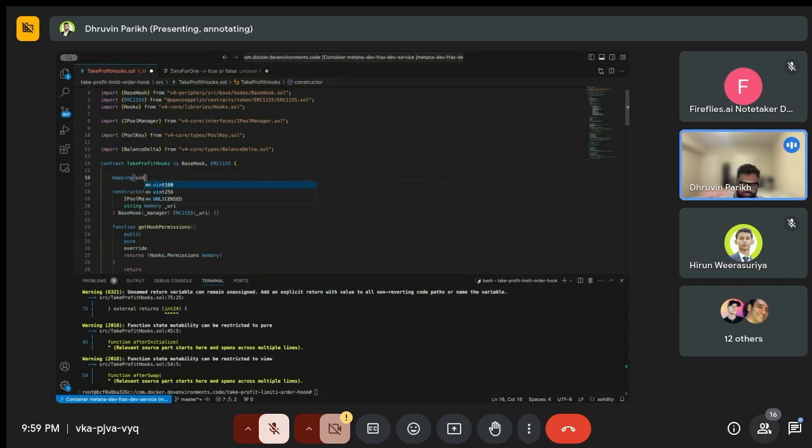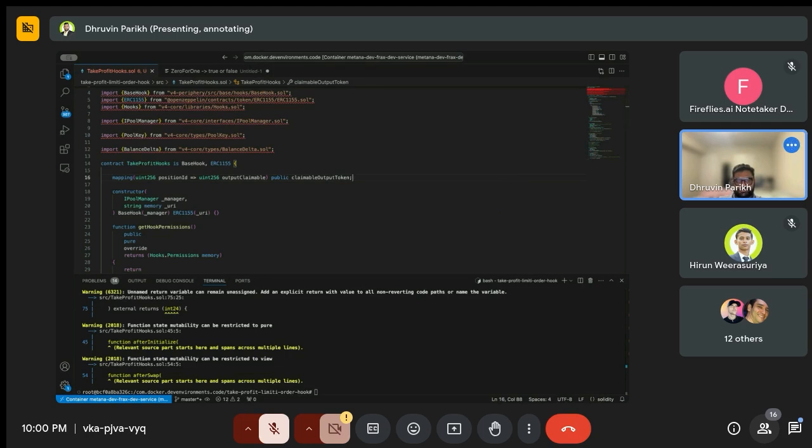So we're going to call it position ID, and that will get us the claimable token. Right. So output claimable, claimable output,